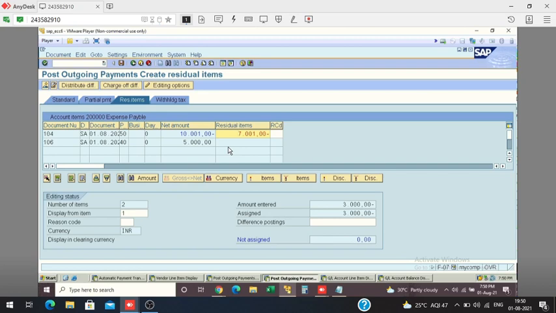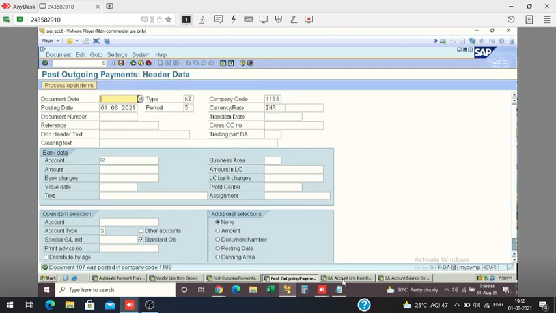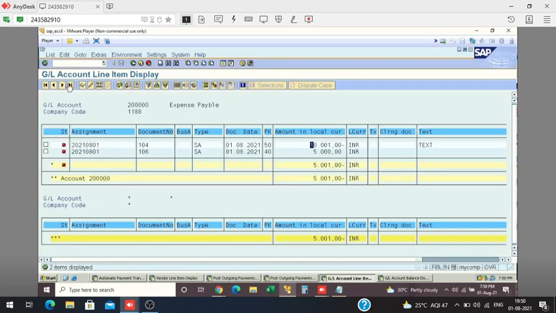Okay. Here minus 7,001. So now I'm posting this account entry. Save. See here the balance. List, refresh. Now see 5,000 and 7,000. It's 1,000 only.